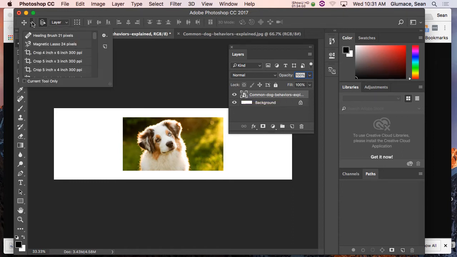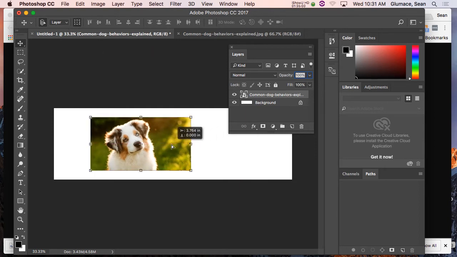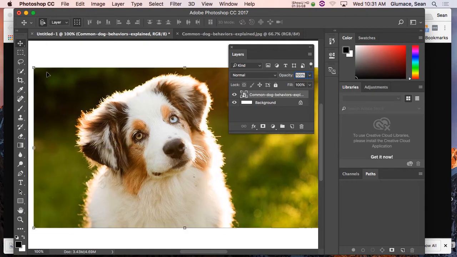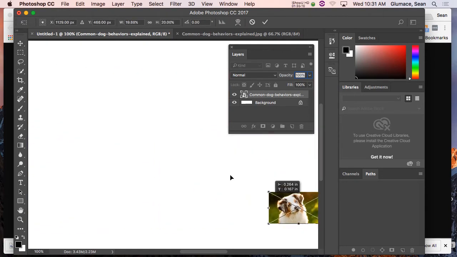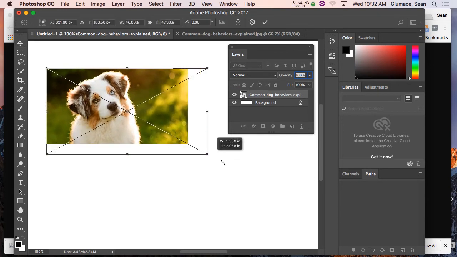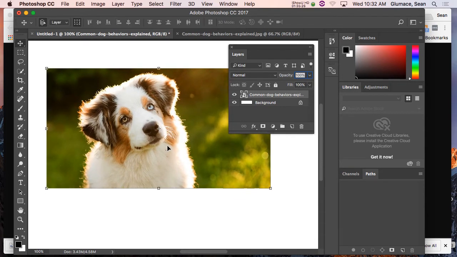Let me turn on my... they move stuff around in the latest Photoshop. Oh well, there it is. So I'm going to zoom in here. It looks good. The dog looks good, right? It's okay for web. I scale it down and it still looks good, right? What happened the last time I blew it up? It looked bad. No, when it's a smart object, you can blow it back up to its 100%. You can't go over it. You can blow it back up with no image loss.